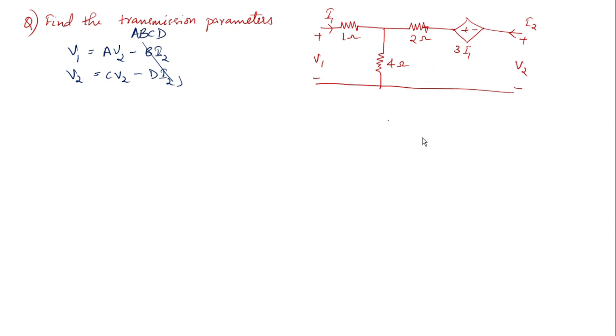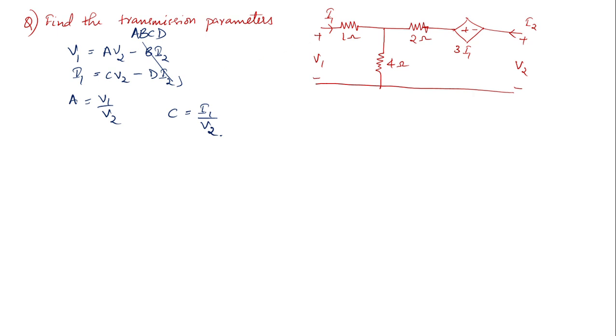So what we can do over here is that I'll just take the pen. Now you can just find out which are the equations that you need. You have A is equal to V1 by V2 and C is equal to, sorry, I have written V2 over here. It is actually I1. It is not V2, it is I1. Over here it is I1. So C will be equal to I1 by V2.